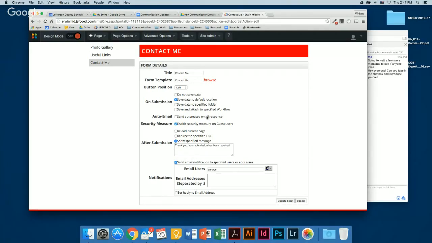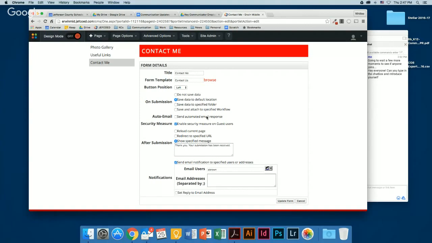Please allow up to 48 hours for me to respond, and so forth. You can share your office hours, maybe your planning period, whatever details you want in an email that will be automated, so the teacher doesn't have to go back and do that